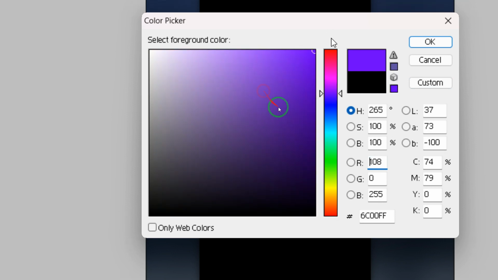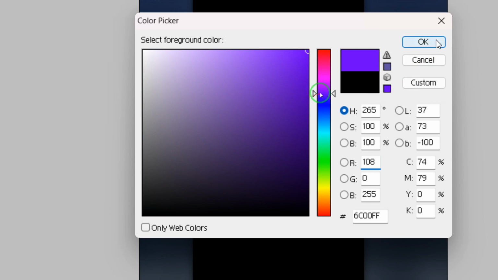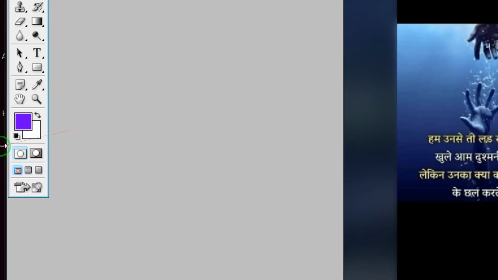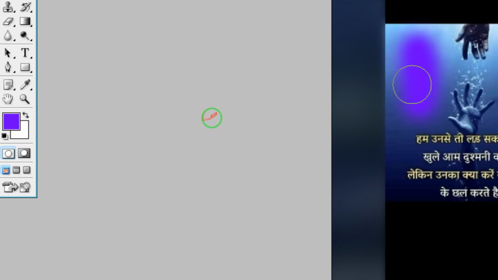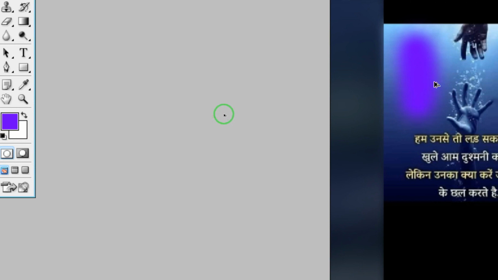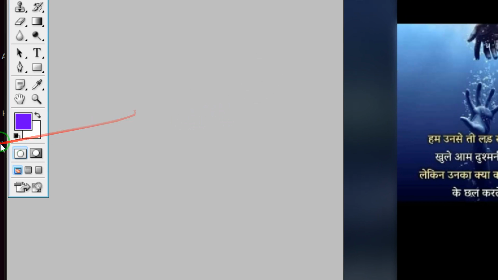I am taking purple. Okay, then I choose that purple color and click OK. So now you can see my color has changed. If I paint on my image, you can see the foreground color purple is coming. Next, if you want to use the background color, switch it by clicking on this arrow,